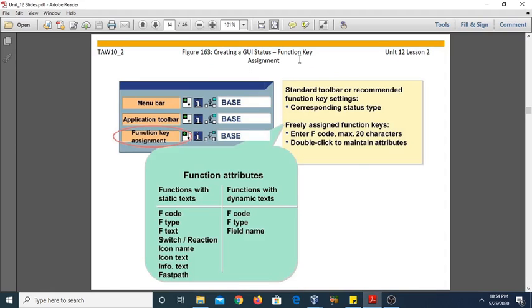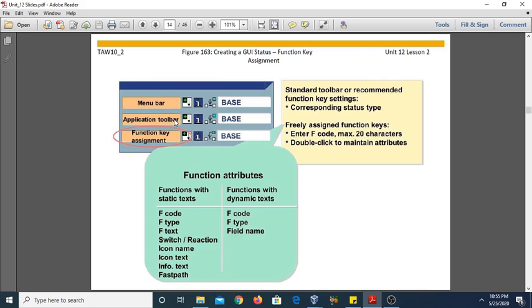Creating a GUI status, function key assignment. Now we are going to create a particular menu bar, application toolbar or function key assignments. Generally the function key settings consist of a key assignment and a set of application toolbar.